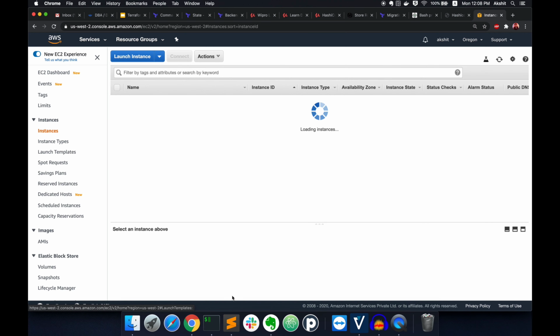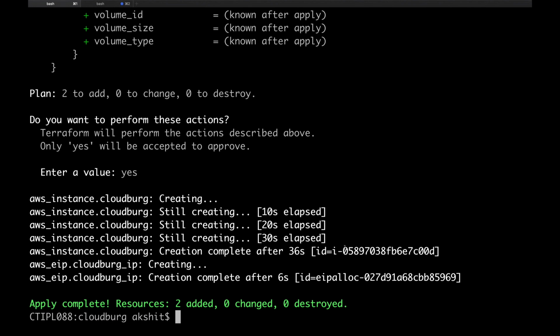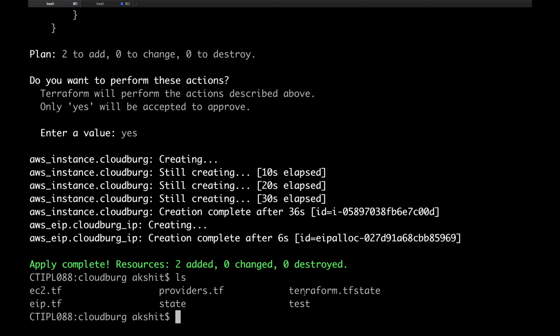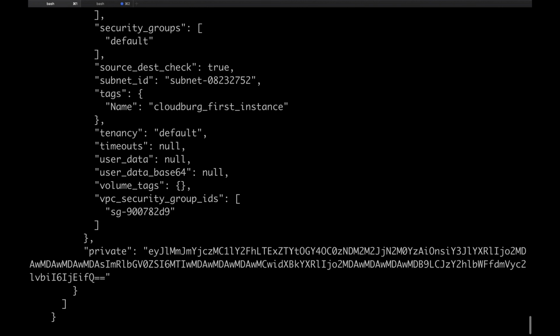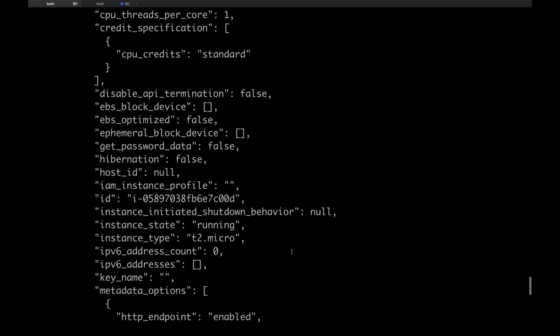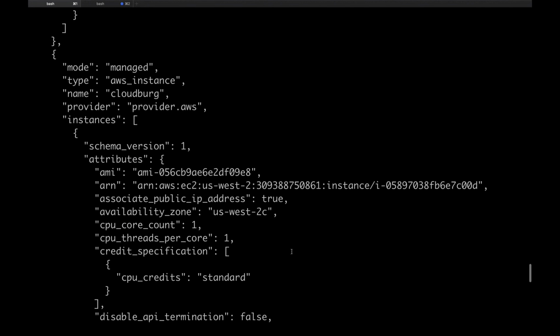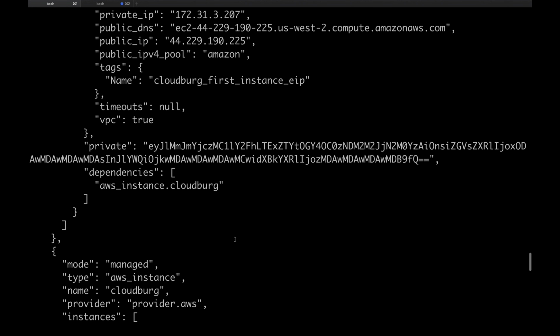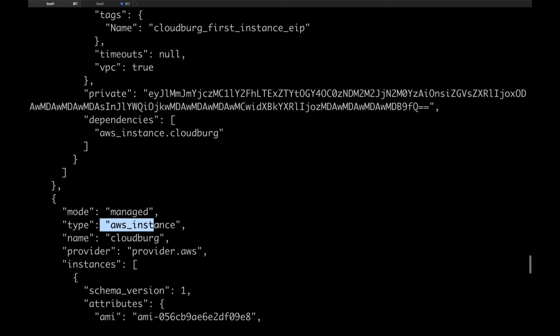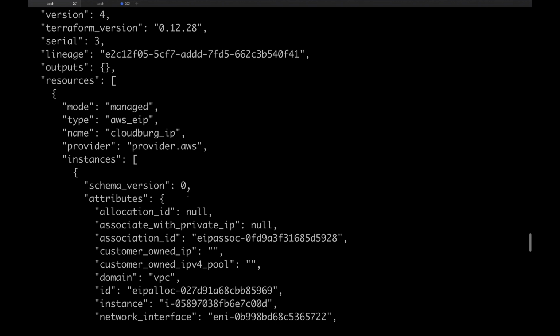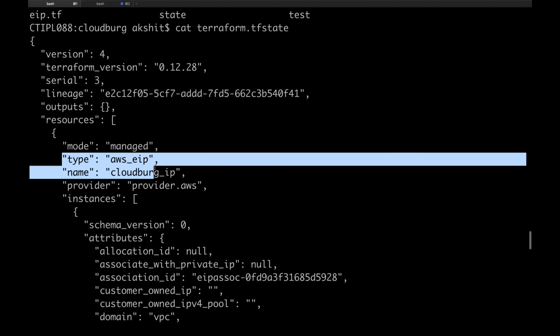Now you can see we have one file which is terraform.tfstate. Let me show you what I have in this file. Here you can see it has the complete state, the complete data of the resource and the Elastic IP.